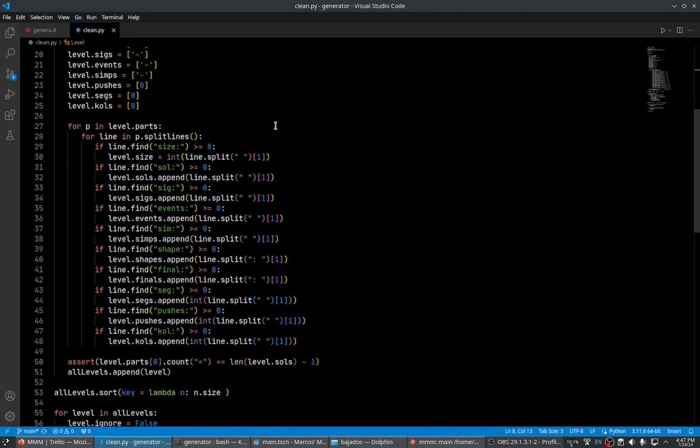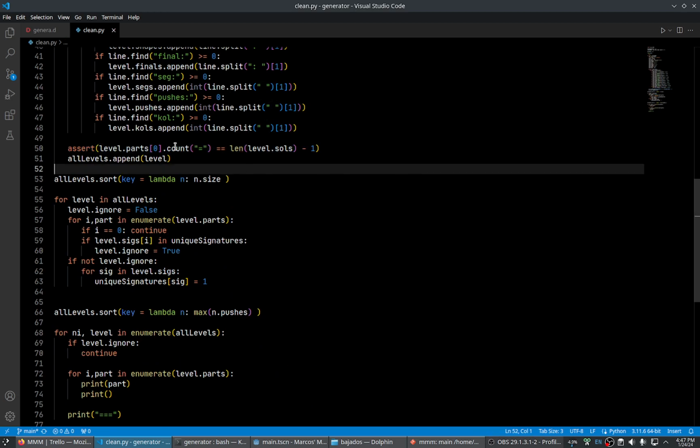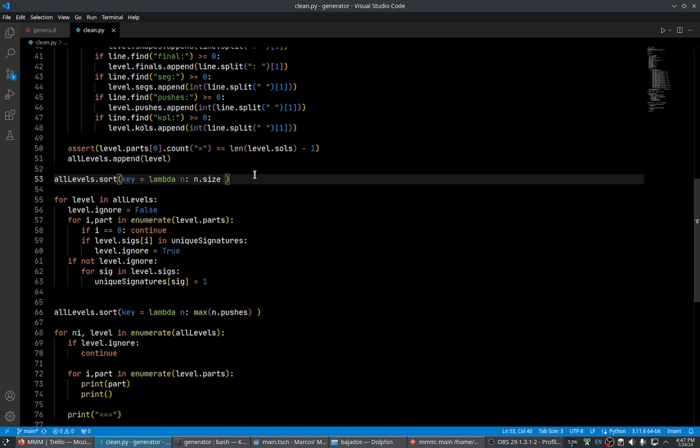We sort the puzzles. Let me check. Yeah, we sort the puzzles by size before checking for duplicate